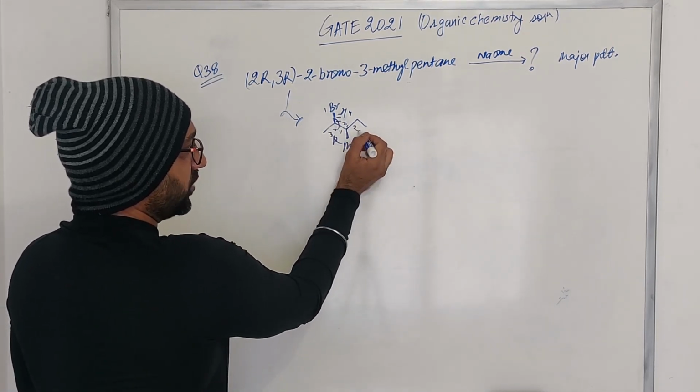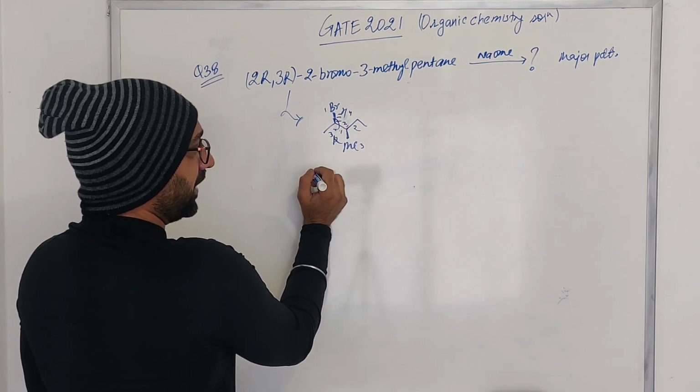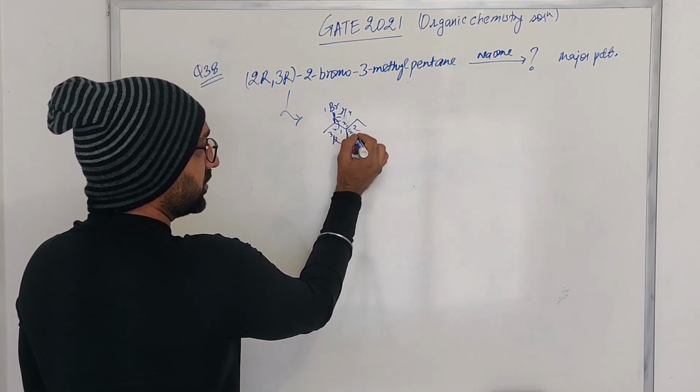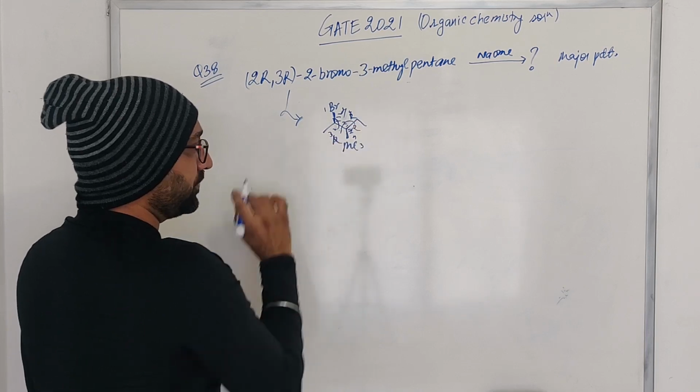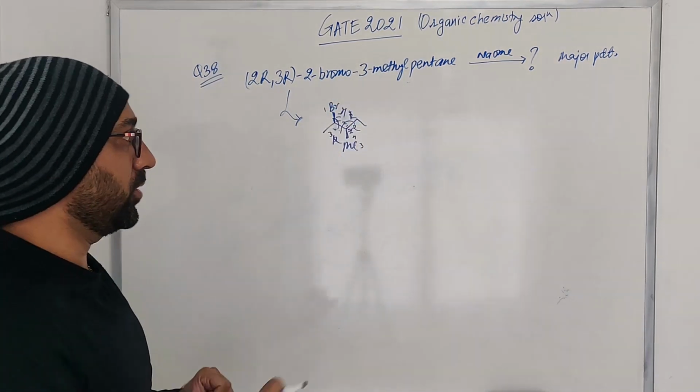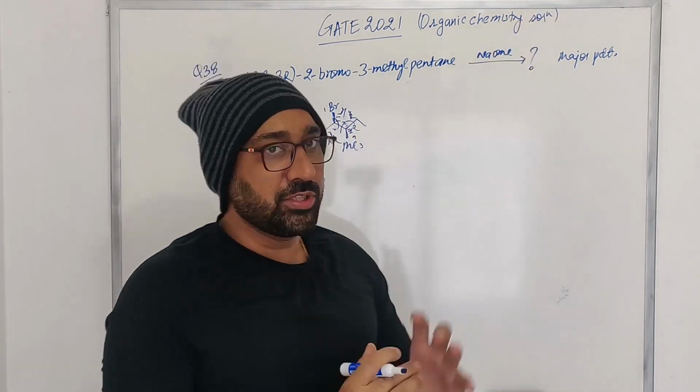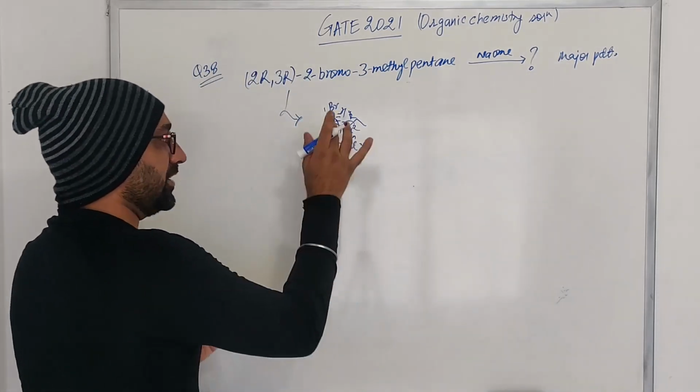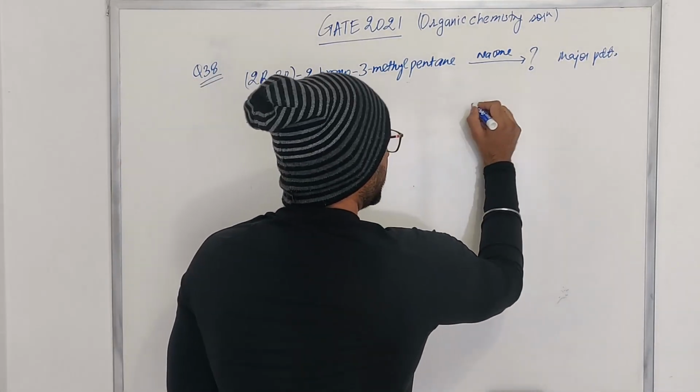And then when it comes to this particular chiral center, this is going to have first priority, this is going to have second priority, and this is going to have third priority. And hydrogen is behind, so this is also R. So this is the correct structure of this molecule. Now, based on sodium methoxide, we can clearly understand what they are talking about. They are talking about the elimination reaction here.